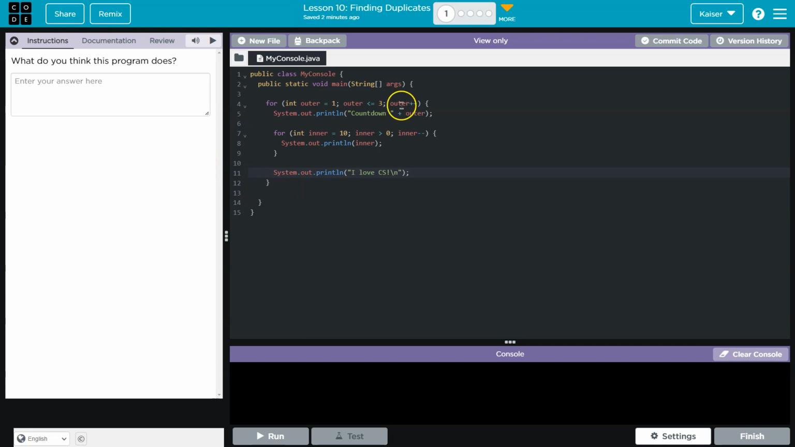Now, outer used to be equal to 1. Outer equals what it used to equal, 1 plus 1. So outer is now equal to 2. 2 is still less than 3, so we print 2. We loop through 10 again. I love, oh, so